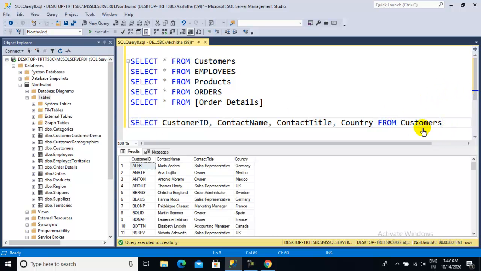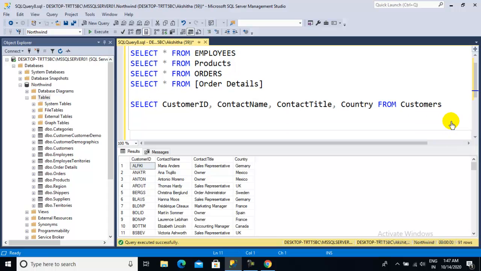And for example, the query we have written here is customer ID, contact name, contact title, country and customer name. This is the simple query. It will retrieve the data, we can retrieve a few records from here. And here what I want to do is get only UK. So I need UK records only.